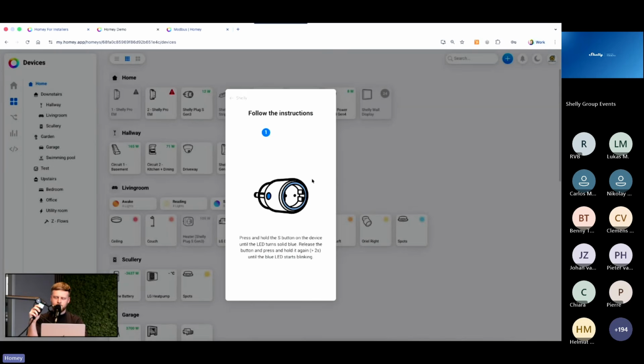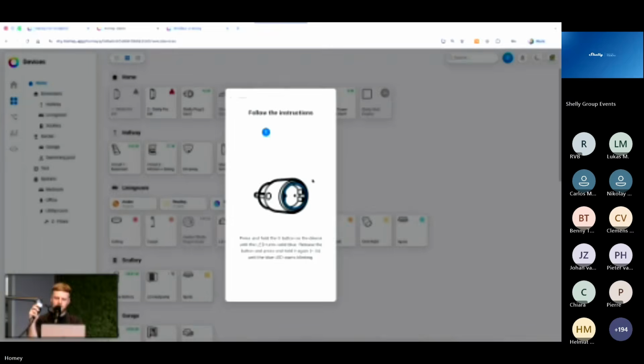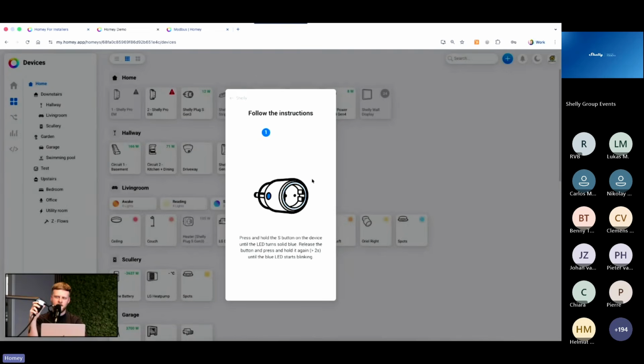Let's see. Try it again. Yeah, there we go. And then quickly release it and hold it again. And as you can see, that was the first step. Now we do it again. So we press and hold. Will turn blue. Press and hold again